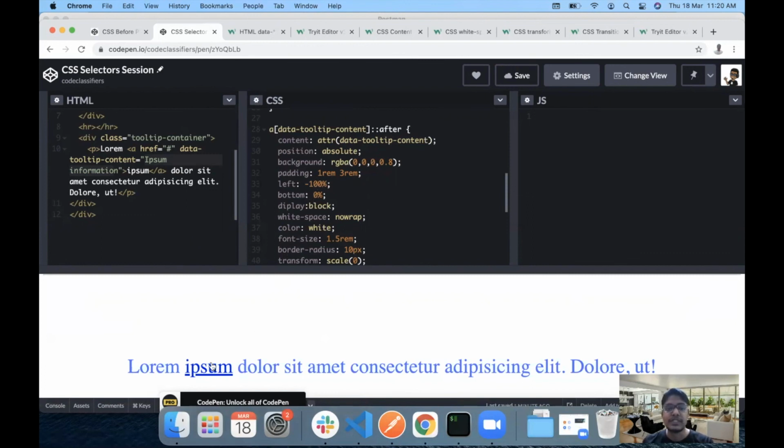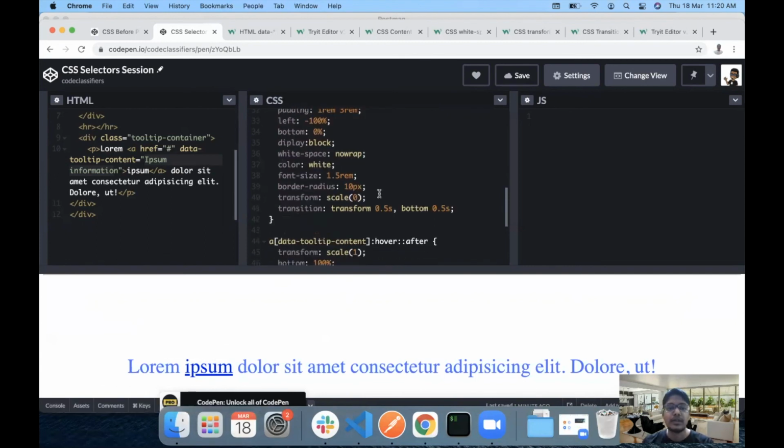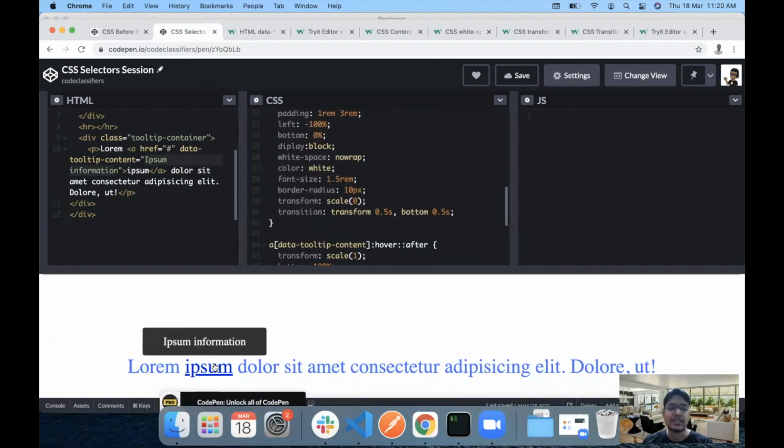Then the bottom 0% is because this starts from this bottom 0% and gradually moves to the top. Then display block is to make this kind of a block content. White space no wrap so that this text does not break. Color white. Font size was reduced a bit. We added a border radius for having these curved edges.